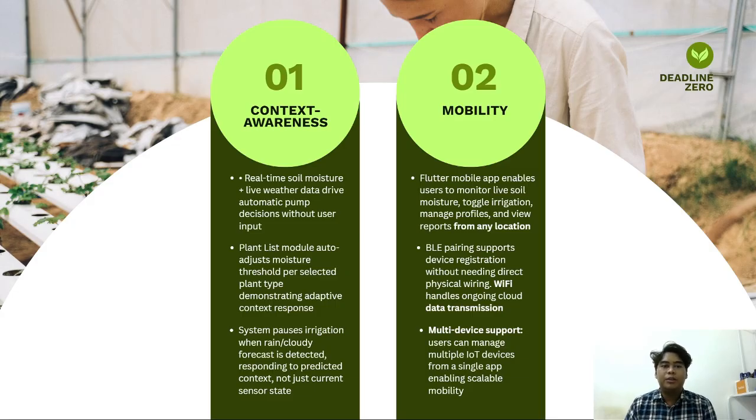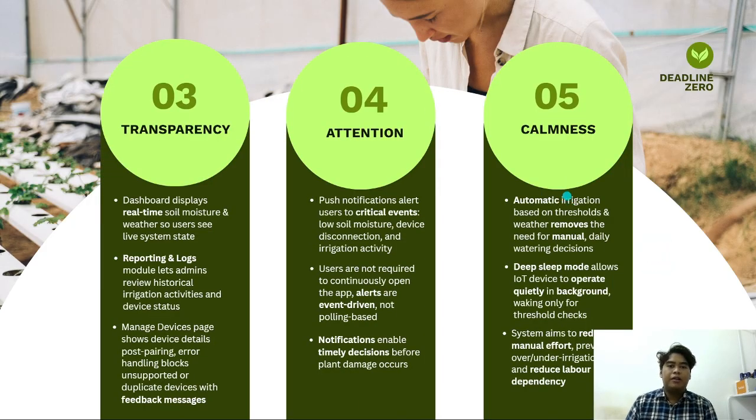This means users do not need to be physically near the plant all the time, which improves convenience, especially for home gardeners. However, the other three characteristics are evaluated as moderate. For transparency, the system provides a dashboard, reports, logs and device status so users can see what is happening. But the weakness is that the system does not clearly explain why the pump turns on or off. For example, the app should clearly show a message like "pump activated because soil moisture is below threshold" or "irrigation paused